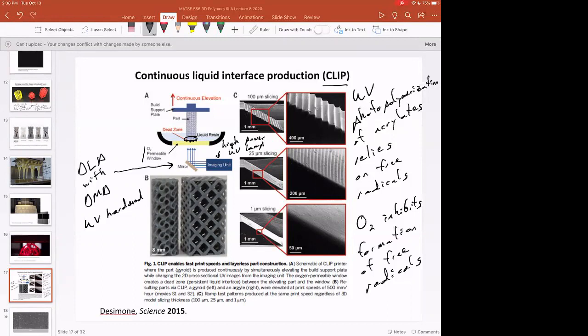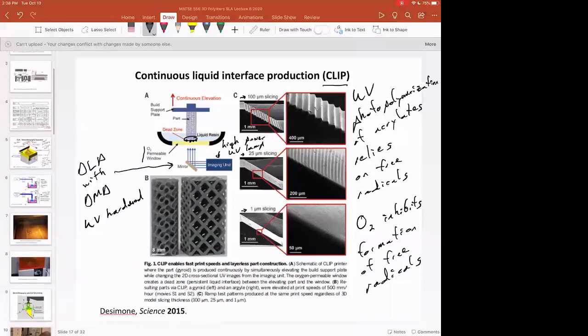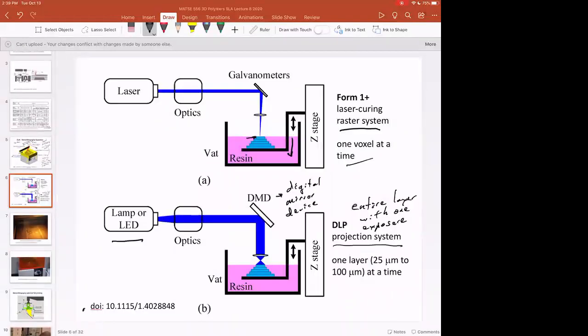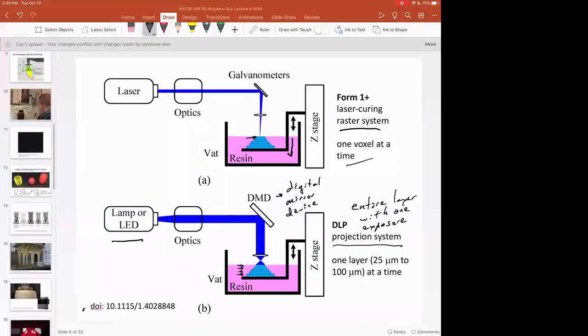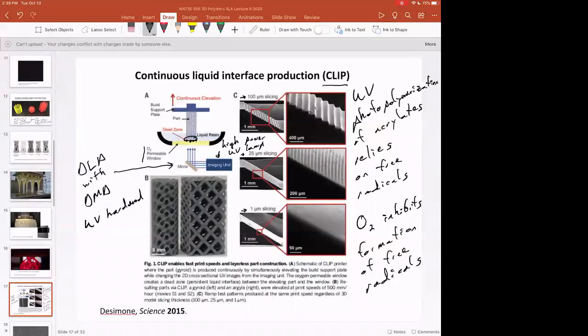And in this demonstration, what they did was they sliced their object at different slices. So these slices of the object are the number of layers in the object. So slice 1, slice 2, slice 3, slice 4, etc. And this is really a demonstration of how they're able to write in surface texture depending on how it's sliced,